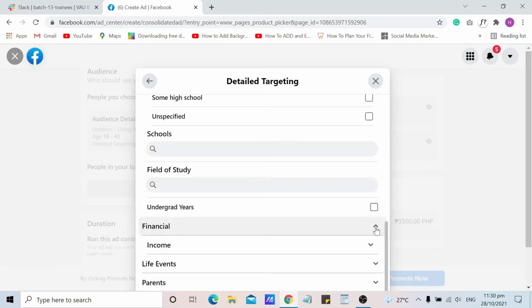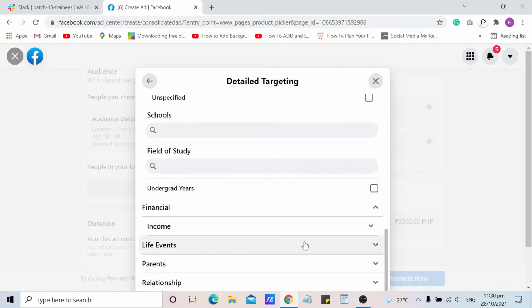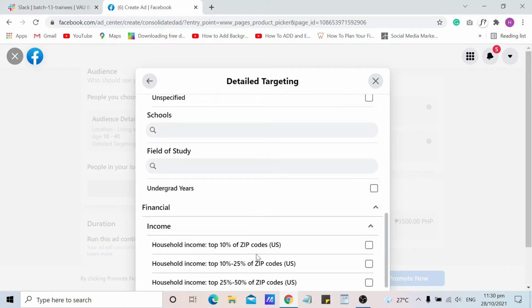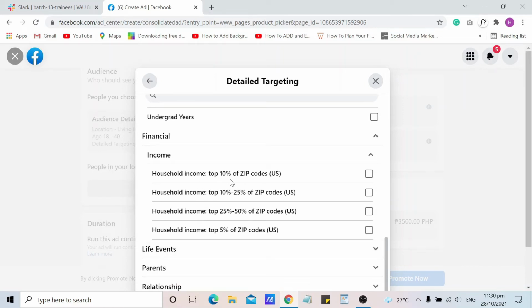And in financial, income, household income, top 10% of zip codes. Household income, top 10% to 25% of zip codes in US. Household income, top 25% to 50% of zip codes residing in US. Household income, top 5% of zip codes also residing in US.